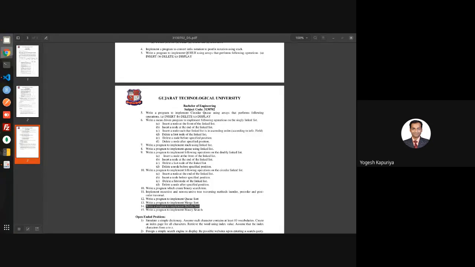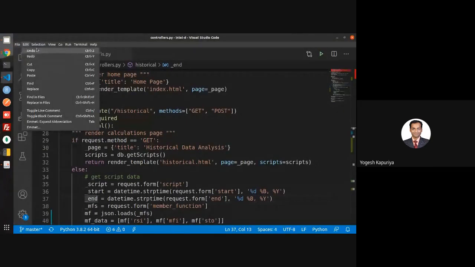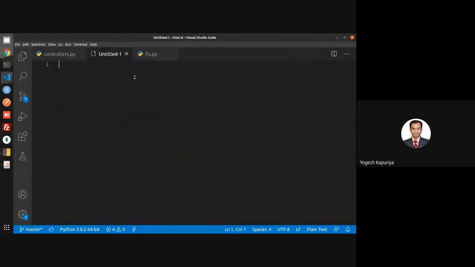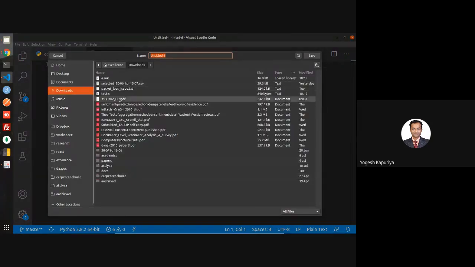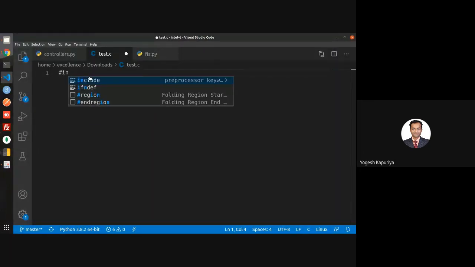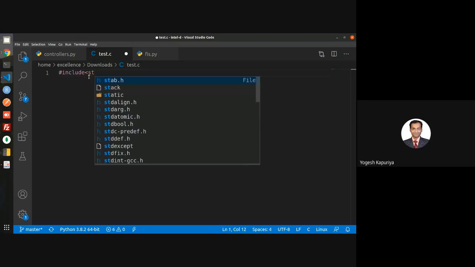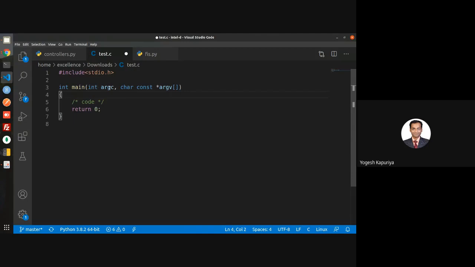Main function. Okay, in the main function there are only two parameters. Let me just shed some light on that. Basically, there are two parameters you are passing.